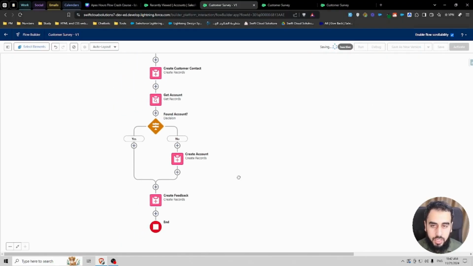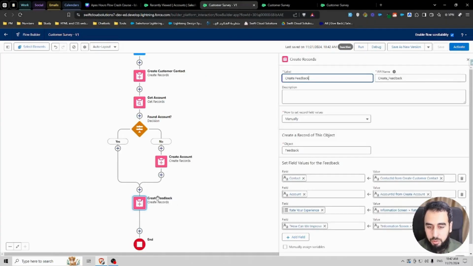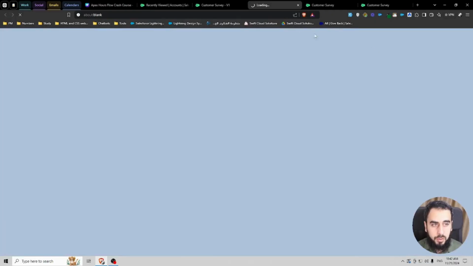Let's save this for a second, and this introduces one problem that we need to fix. Assuming that an account exists in the system, if it's going to go down this path and then go to create feedback, it's going to take the account ID from create, but the flow hasn't gone through the create. So where is it getting the account ID from? If I were to debug this,